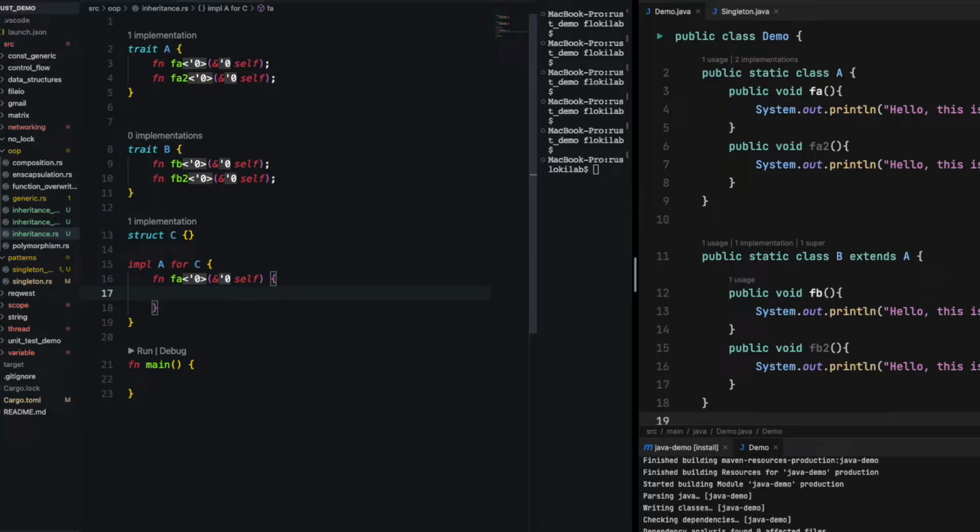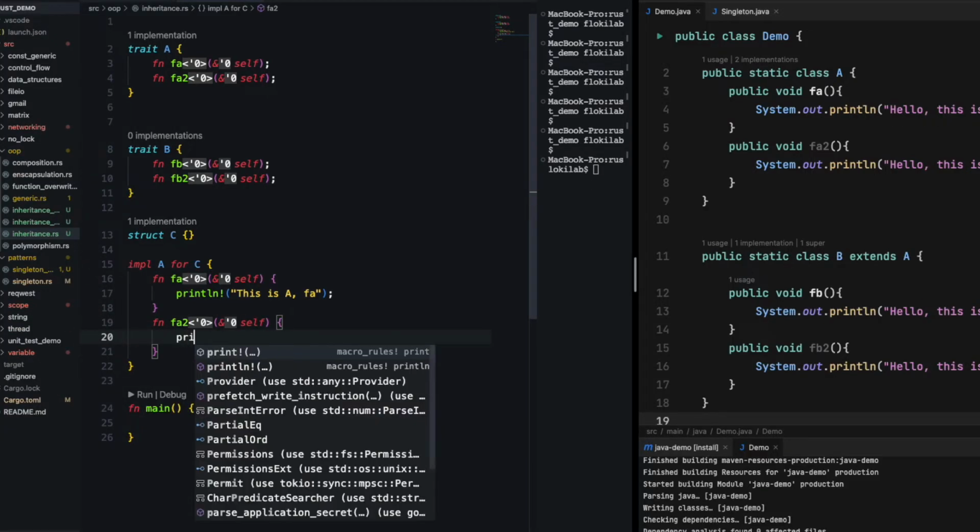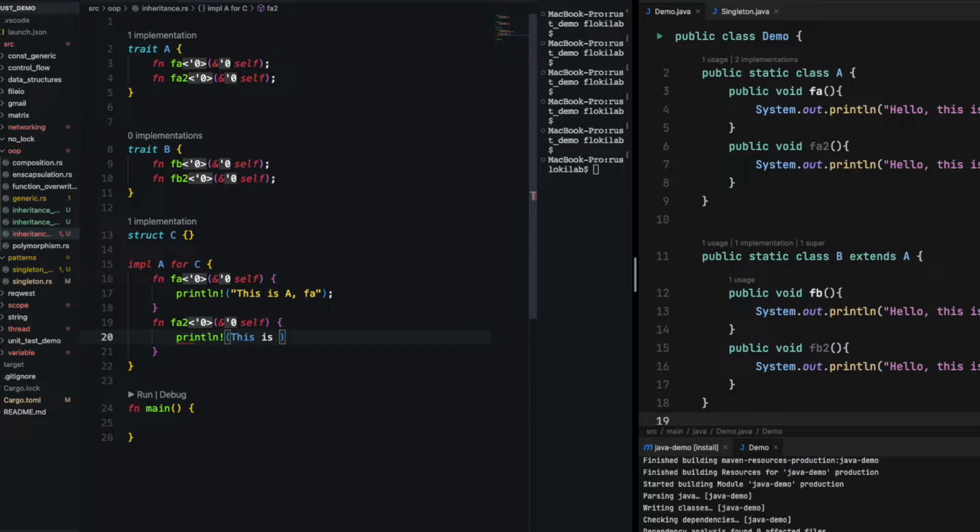So this one we just need to print out FA. And then another one is we need another function. This one prints FA2. Oh sorry, this one needs to be a string. So after implementing trait A for C, C supports two functions, FA and FA2, and then we need to do the same thing for